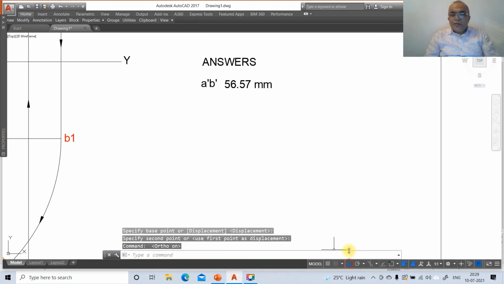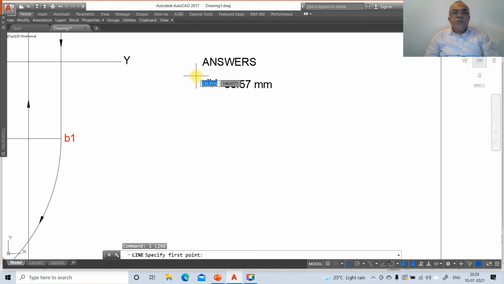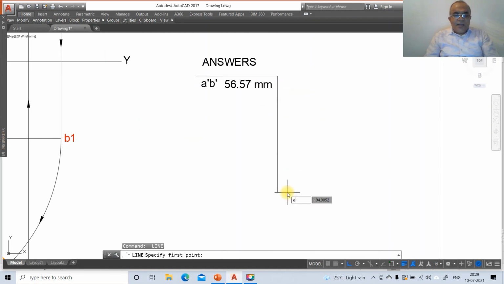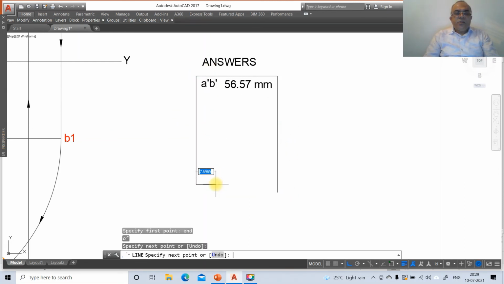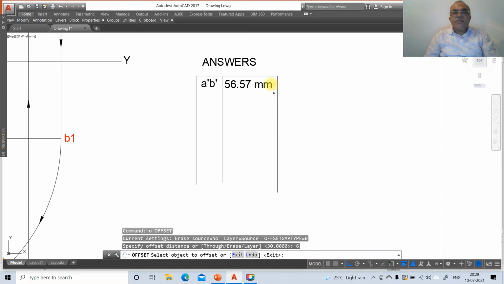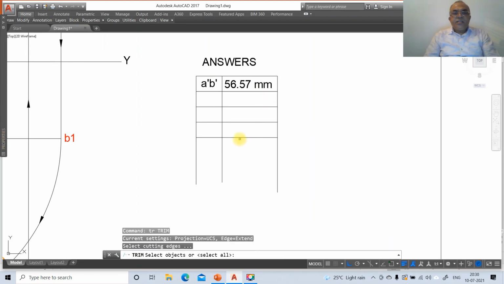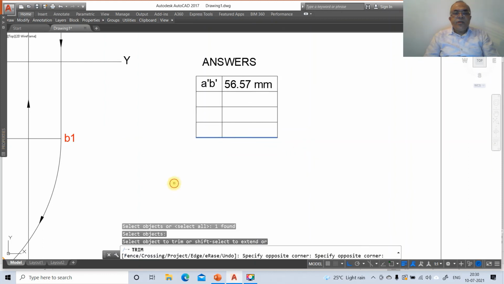Go to ortho on, go to line, draw a horizontal line and take some distance. Similarly, line from the end of this and the end of this. Take this, then go to line, nearest point on this, and draw this. Then go to offset, take the distance as 6 mm, then go to trim, select this and this by window and remove it.